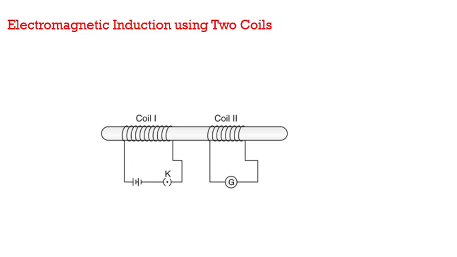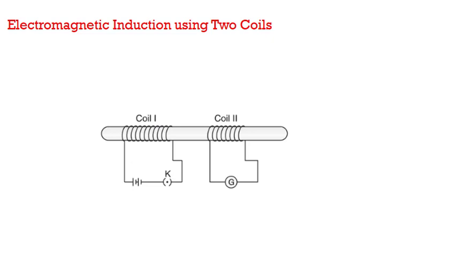Now when there is a constant magnetic field, that is, when current is flowing at a steady state, at that time also it has a magnetic field around itself, but now the magnetic field is not changing. So coil 2 is placed in a constant magnetic field, and because of that we are not seeing any deflection in the galvanometer. Now when I switch off the current, the magnetic field drops from its maximum value to 0 level, and because again there is change in magnetic field, we again see deflection in the galvanometer of coil 2.